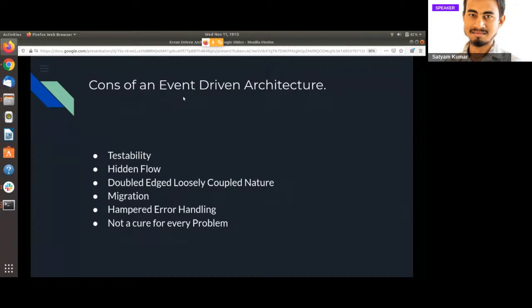And the last point which I am going to discuss is that event driven is not a cure or an answer to all the problems. We need not build extra, or invest extra engineering. There might be scenarios where we can do it simply. So there is no need to add a message broker or queuing system and make it an event driven system just for the sake of looking good. So we should not do that.